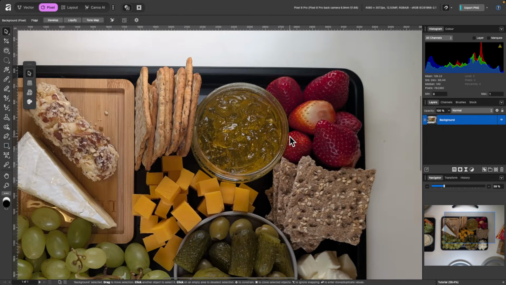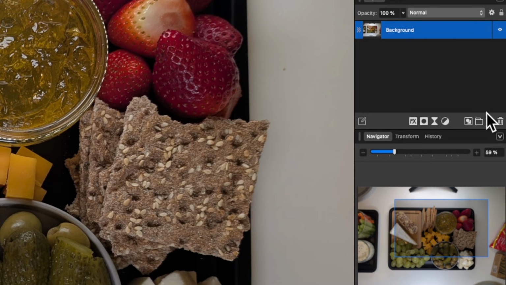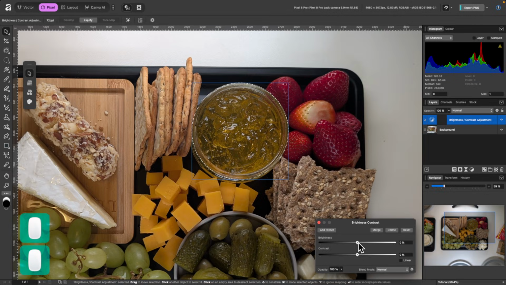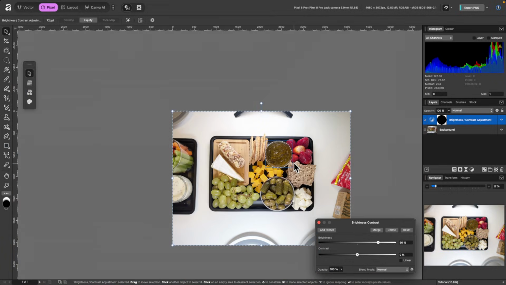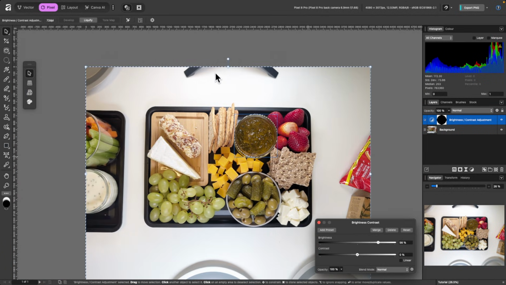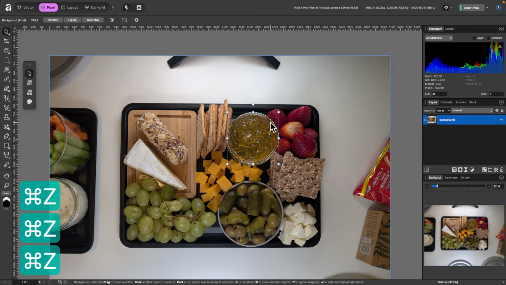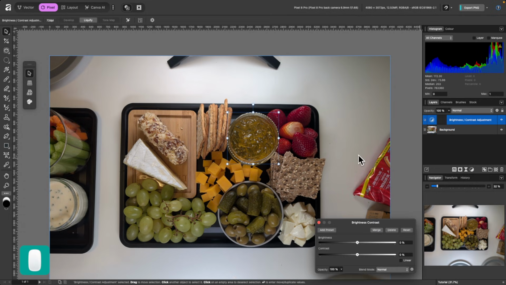And finally, I'll just show you that we can add an adjustment, so I'll press Command Z a few times. And just like we did before, go to the adjustments icon, click on it. You can add some brightness if you want. I'm just choosing the simple ones just to show you. See, this is happening right now because I pressed Command Z only a couple of times, so it's still kind of selecting everything outside of the jam. So I'll just press Command Z a couple of times till it's only selecting the jam. There we go. Click on Adjustments, go back to Brightness and Contrast, and click and drag that up.